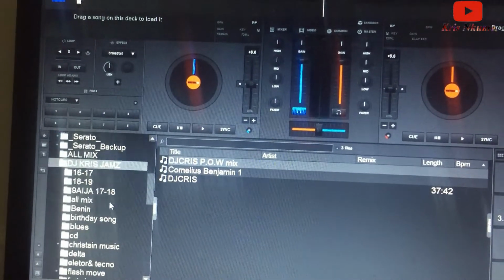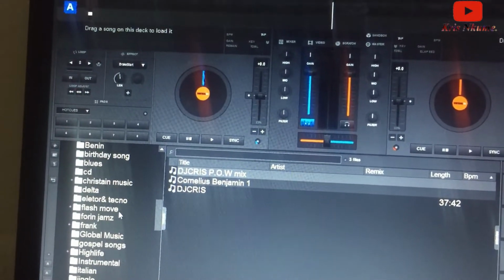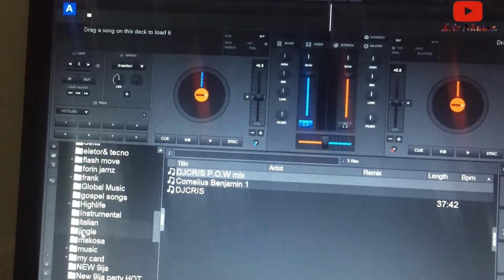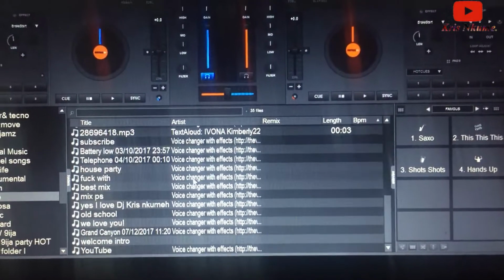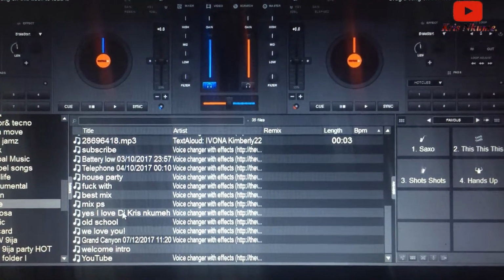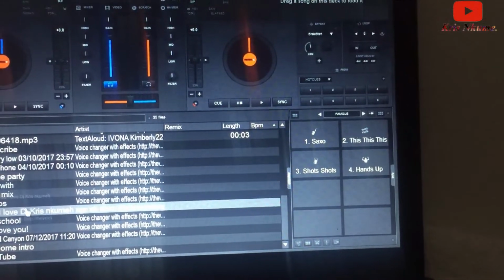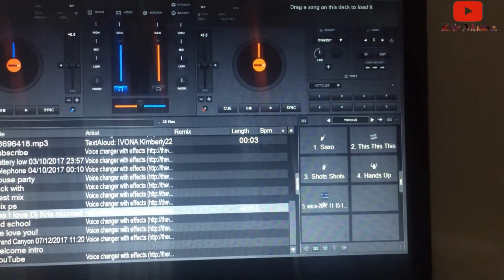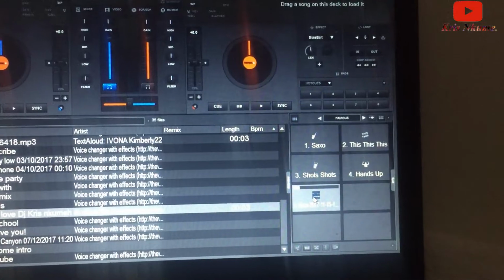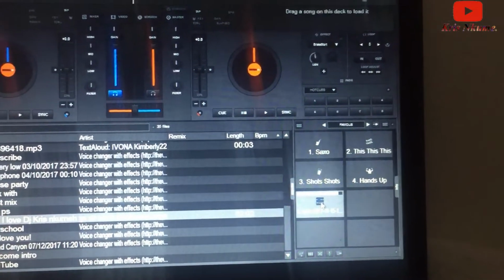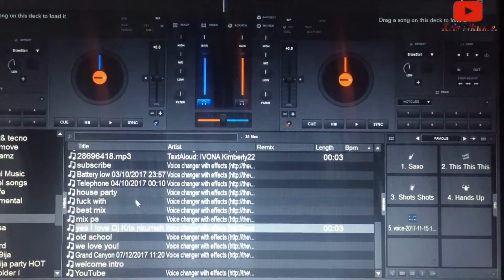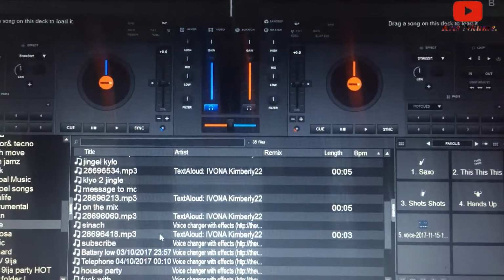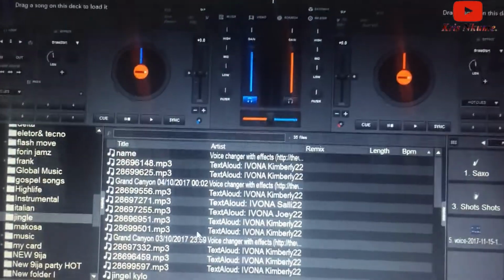Then you start scrolling to the folder where you keep it. You can see I'm going, you can see jingles. Here are all my jingles with my name, everything. Like let's use this one. You see, all you have to do is drag it, then you put it in that box. Just listen. You see, I just did that now, so you can also try it on yourself with your own. You can try it by yourself and also see that I'm not lying to you.